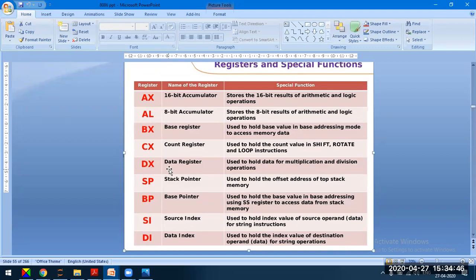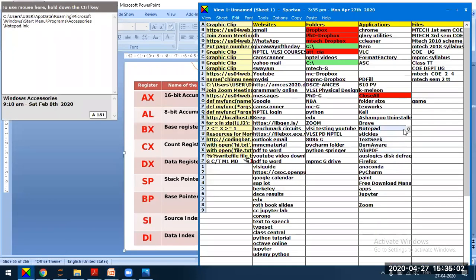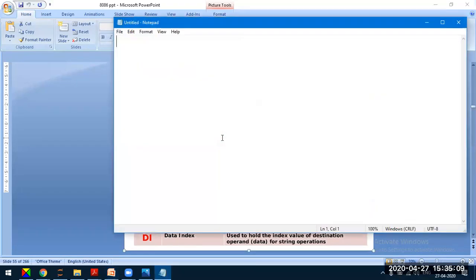Next, we have data register, used to hold the data for multiplication and division operations. It's just like in 8051 when we multiply the data. Let me quickly open the notepad. Of course, all these are known facts, but just for the sake of comparison: in 8051, for multiplication we use the instruction MUL AB.